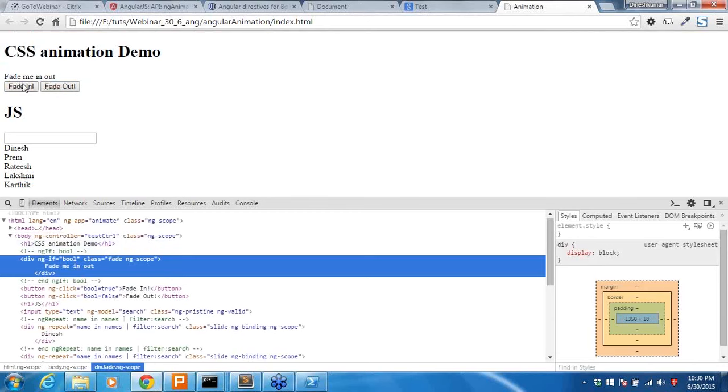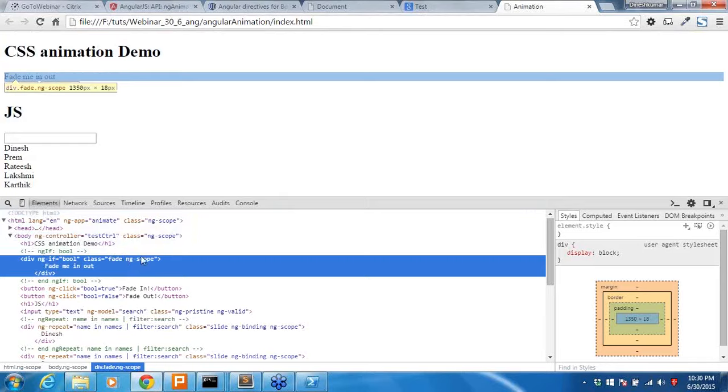Now you can clearly see this, but it will go a little bit faster. Whenever I click on this fade in or fade out, on this class, the ng-animate directive will add specific classes to it. Specific classes like enter and leave. Whenever it starts fading, it will append the class called enter.